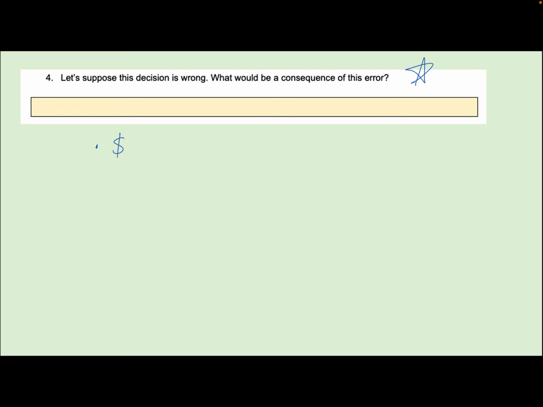We could talk about money, that the state would be spending a lot more money on bottled water when they didn't need to. We could talk about environmental impact of bottled water. I can spell things. There's probably other things you guys can think about too. I feel like whenever I ask a question like this, you guys can always come up with 10 things I never thought of. But biggest one here, I think, is money, environment. There's probably other stuff too. Yeah, so this is a specific type of error that we're going to come back to in a little bit. So that's why I put a star by it.